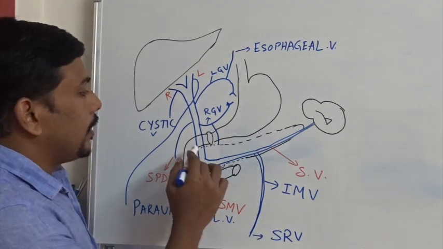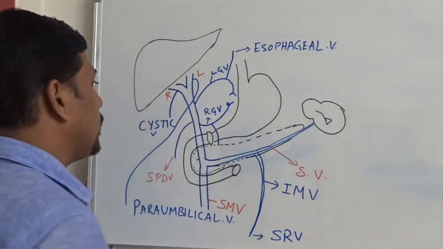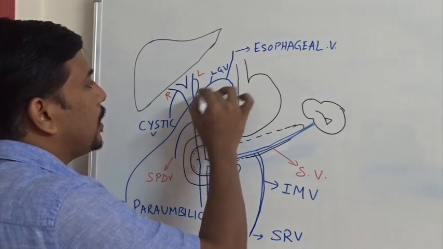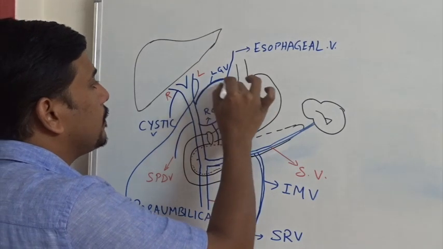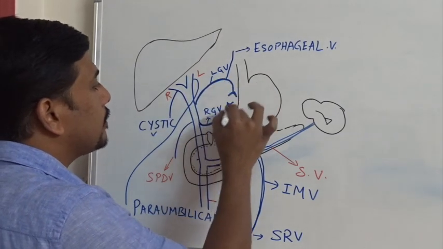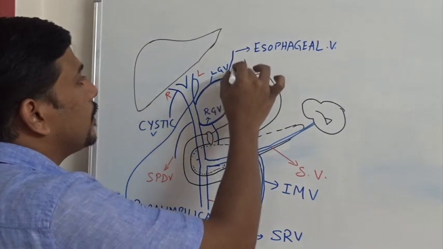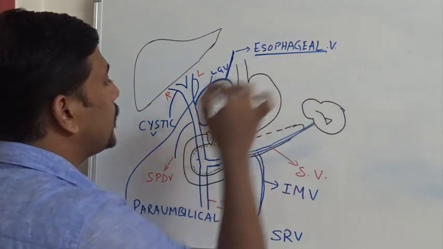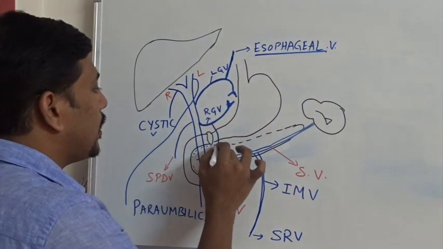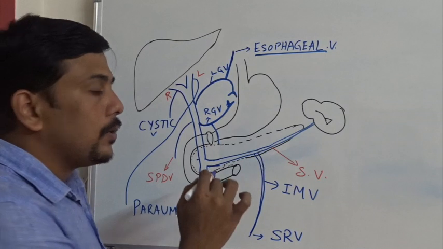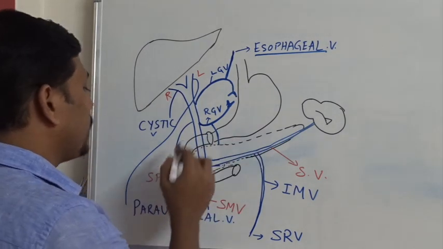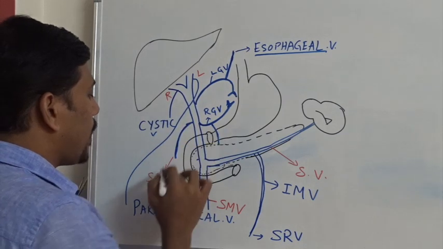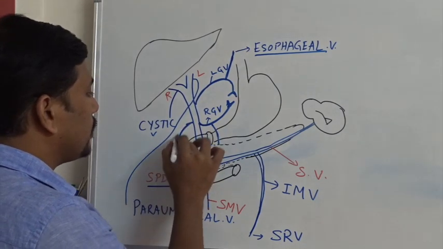Okay, next we have the tributaries of the trunk part. From the trunk we have major tributaries, the left gastric vein and the right gastric vein. Then the left gastric vein is also drained by esophageal vein, and the right gastric vein is drained by the prepyloric vein of Mayo. Then from the other side of the trunk we have the superior pancreatico-duodenal vein as one among the tributaries.